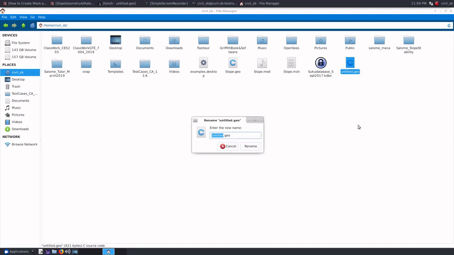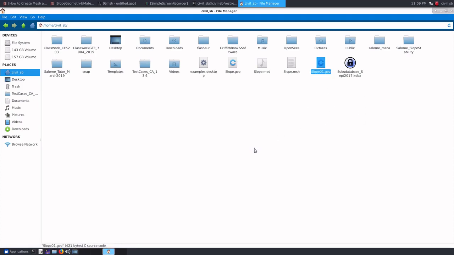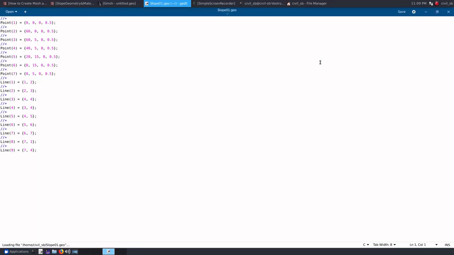So I will call it slope01.geo and rename it, and now I can open it in my text editor, and we have seen that these